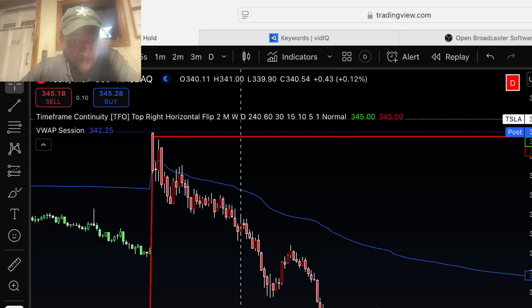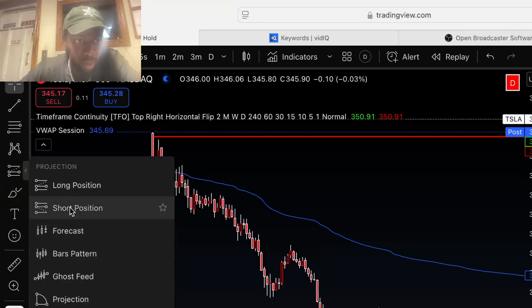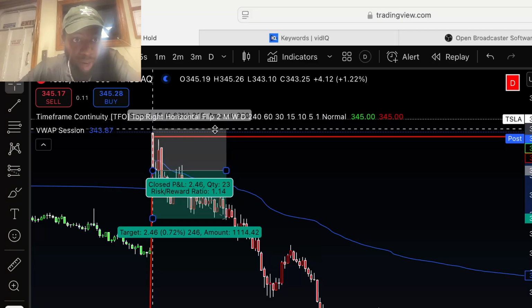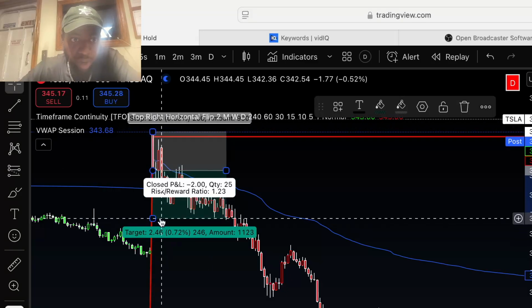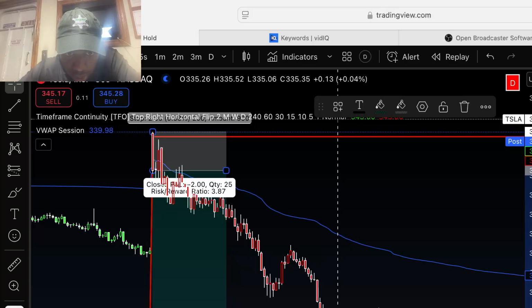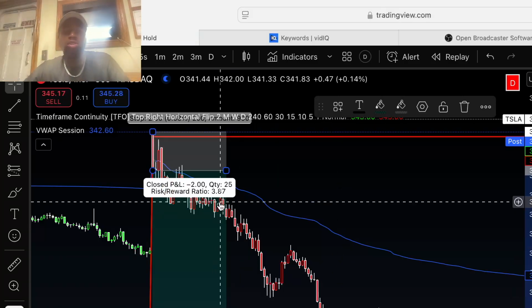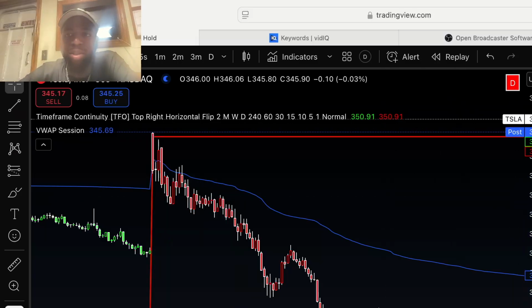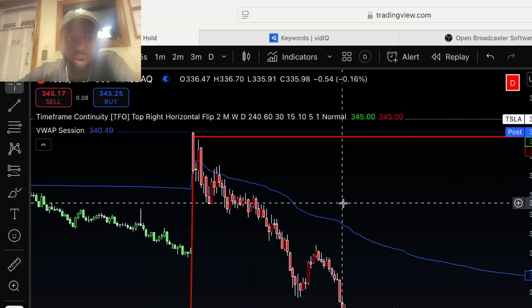So say for instance, if stop was on this entry candle, let me get one of them short tools right quick to see what our risk to reward would have been. All right, boom. This is a pretty big candle, so we would have gave up a lot right here. But as soon as you go into break even, it's pretty much a free trade. So you would have had almost a 1 to 4 risk to reward ratio, easily. Obviously, you would have took your price in between, but all in all, you would have been increasing your wins